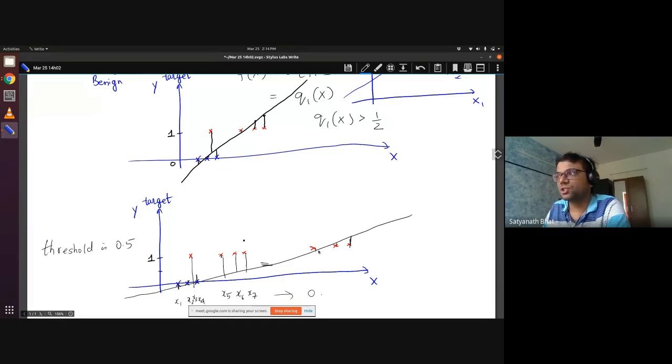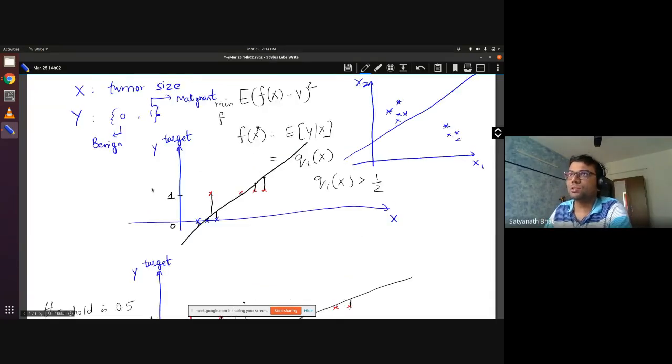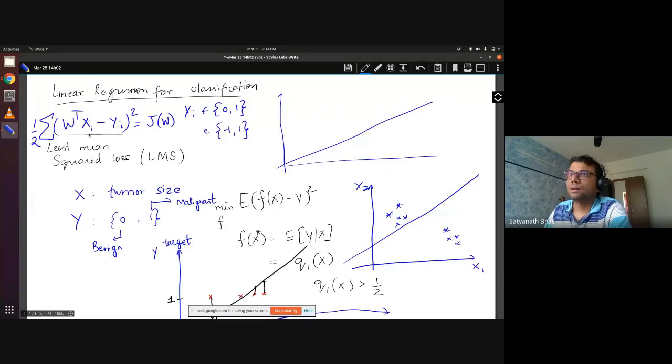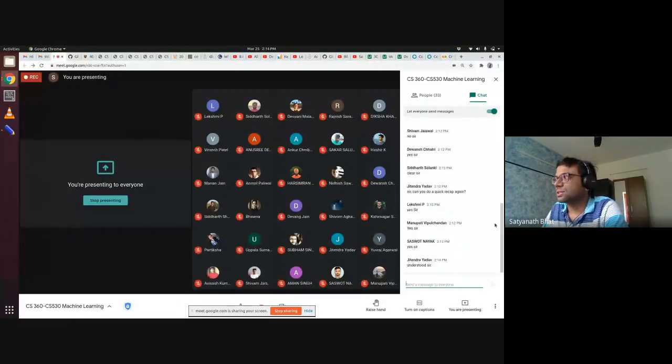Whereas they shouldn't be, because there is a clear separation, right? The clear separation would have been to have all these points marked as 0 and all these points marked as 1. But if you use a model like this, that is the problem it gives. The reason this is happening is because you are having a squared error loss, and W transpose X is a poor choice for learning 0, 1. So Jitendra, does that follow? Yeah, okay, good.